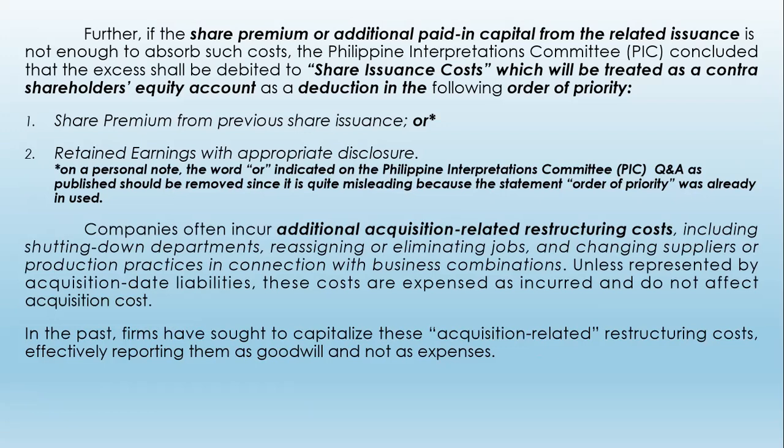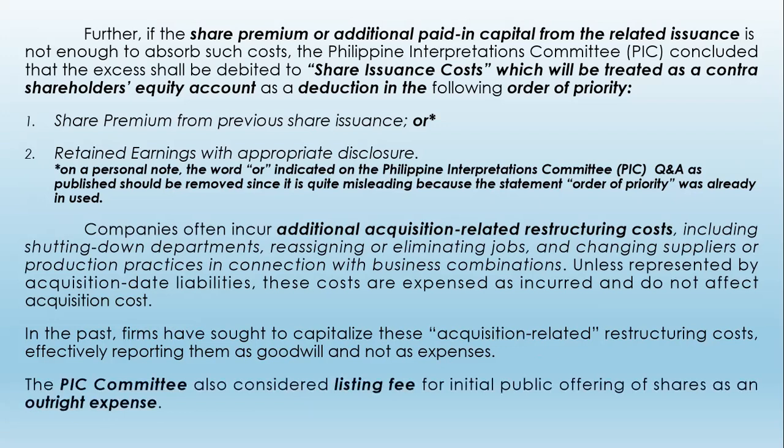Companies often incur additional acquisition-related restructuring costs, including shutting down departments, reassigning or eliminating jobs, and changing suppliers or production practices in connection with business combinations. Unless represented by acquisition date liabilities, these costs are expensed as incurred and do not affect acquisition costs. In the past, firms have sought to capitalize these acquisition-related restructuring costs, effectively reporting them as goodwill and not as expenses. Okay, so we now have the PIC committee also considering the listing fee for initial public offering of shares as